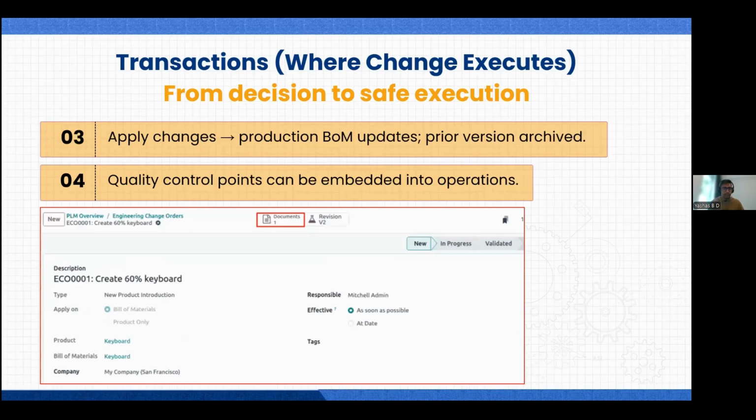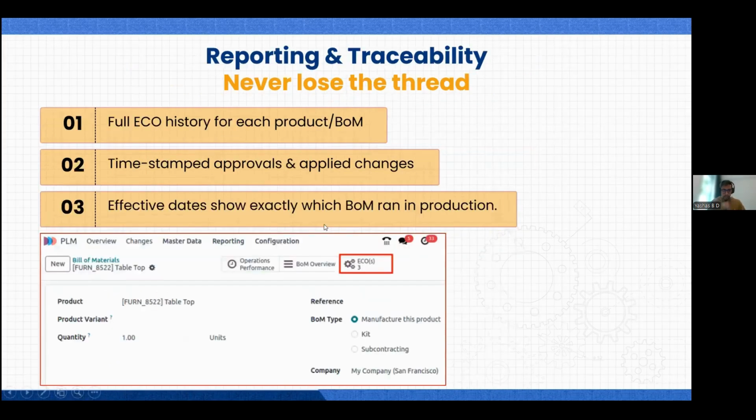This is the ECO again, where it says what documents and what versions are available, and who did it. All of these will be available as documents and also the versions. This is the bill of material screen which I was mentioning, for reporting and traceability, where it will clearly show how many ECOs were done. And in the previous screenshot, which version is the present one and when it was made effective, all these things will be available. Who made the changes, the approvals, and all these aspects. So basically, the full history of a product will be visible to you in a documented manner. That's the most important part.